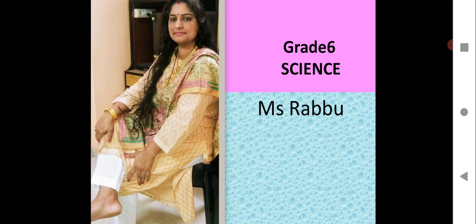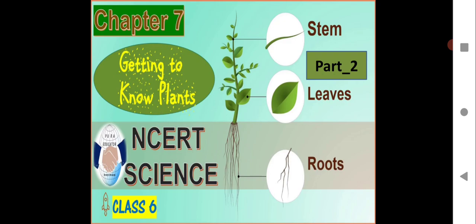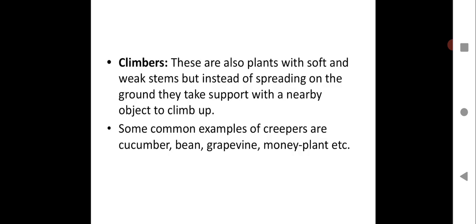So let us see what we are going to have in this session. As you all know, we have already begun with the chapter Getting to Know Plants. In this session we are going to do part 2. I hope you all have already started writing in your notebook, and we have done different sorts of plants. We have seen shrubs, herbs, trees, creepers, and different types of examples, and the structure we have seen, how they grow and what the benefits are. All that we have discussed in the previous session.